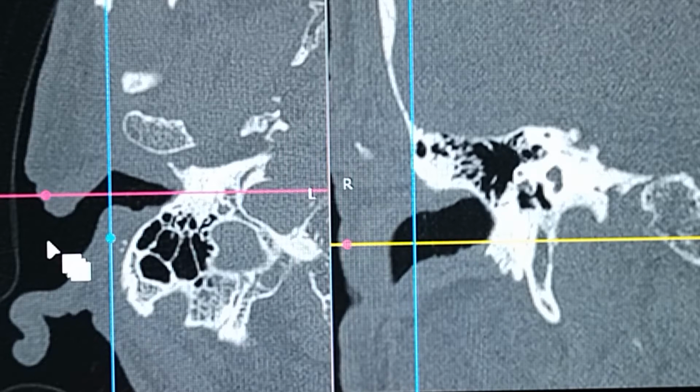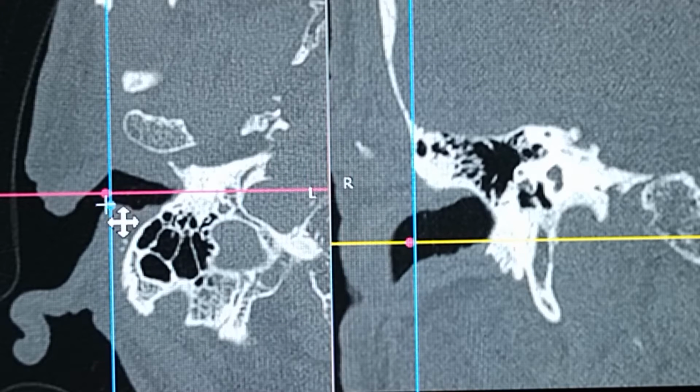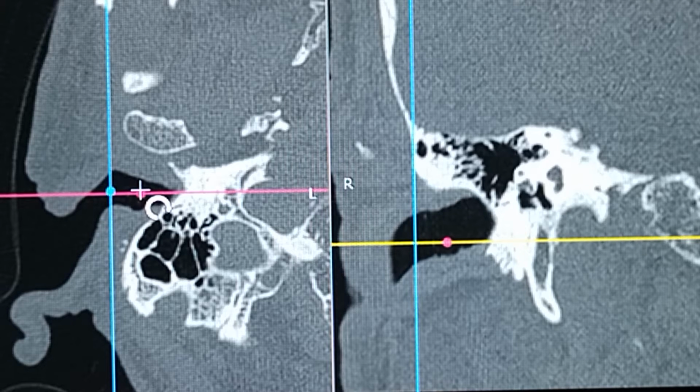And air is always jet black. So wherever you see jet black, it is air. Okay, so you keep that basic in mind. So this is the external auditory canal, which consists of air. Basically it's all air. Okay, so that is why it's jet black. So that is why if there is any prolapse or any